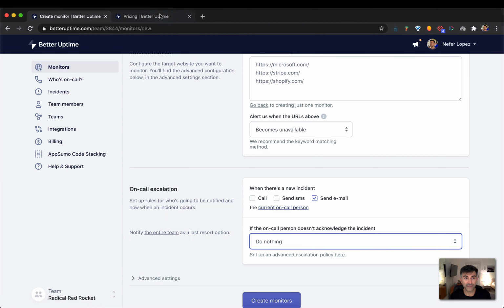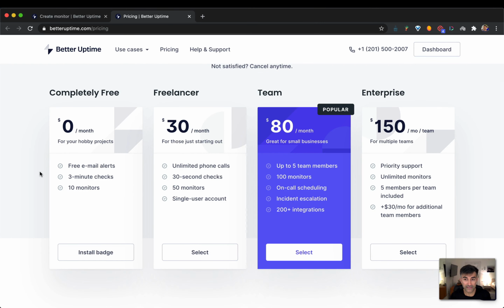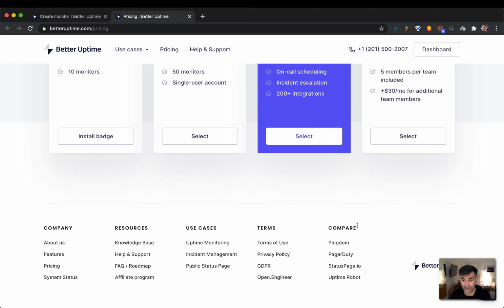So let's have a look at the pricing now. The pricing is pretty reasonable compared to a lot of the other services on the market. Better Uptime has done a pretty good job of doing a comparison versus other players in the market,